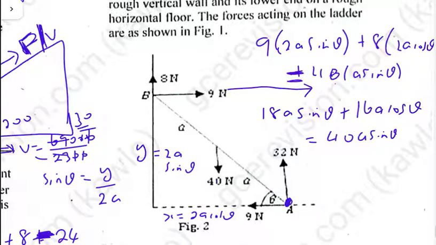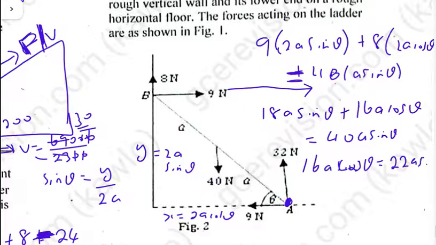Bringing like terms, 16a cos theta equals 40a minus 18a,